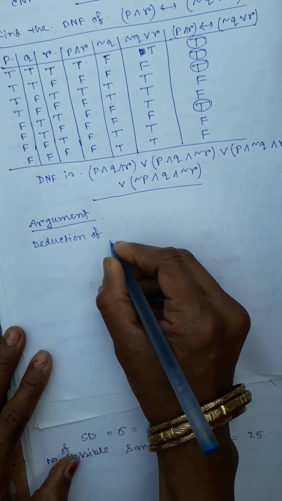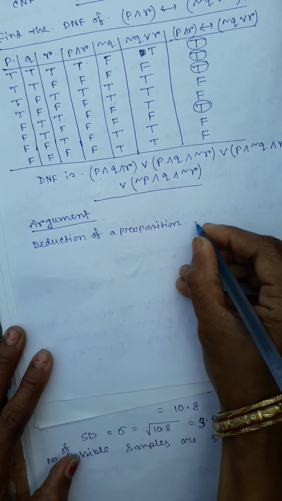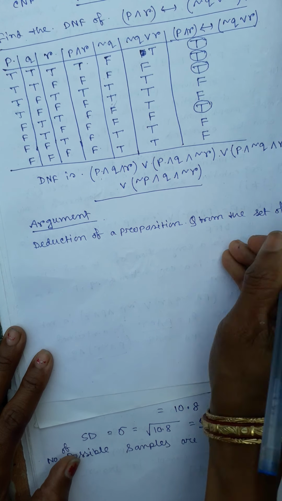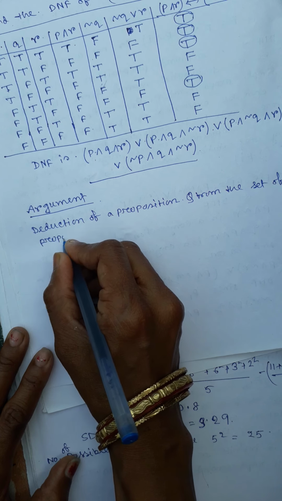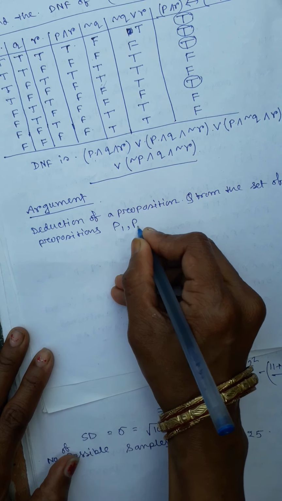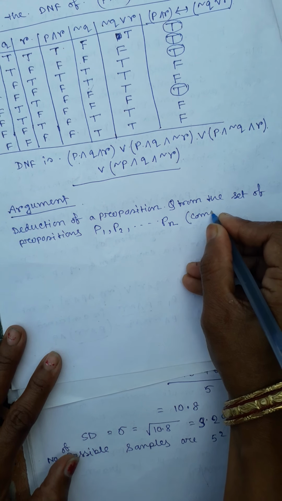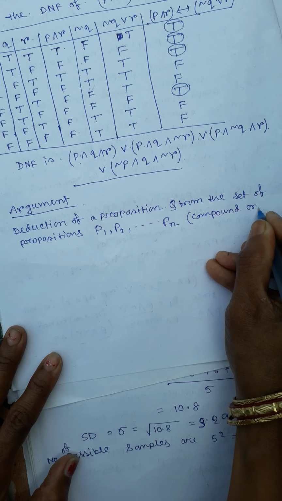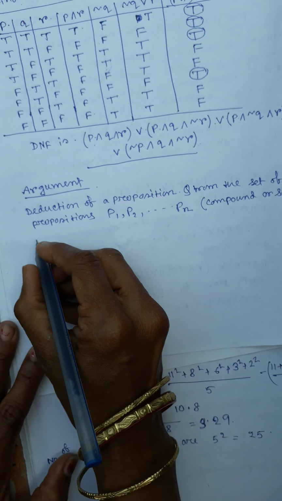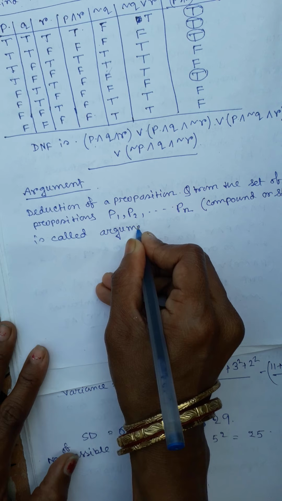An argument is the deduction of a proposition Q from the set of propositions P1, P2 up to Pn, which are compound or simple, is called an argument,